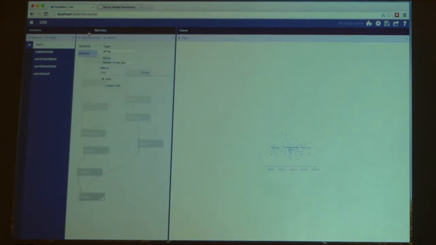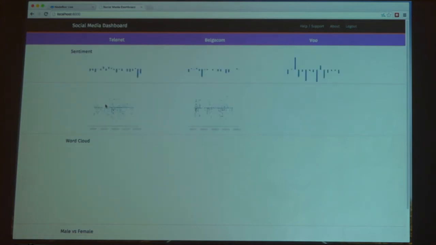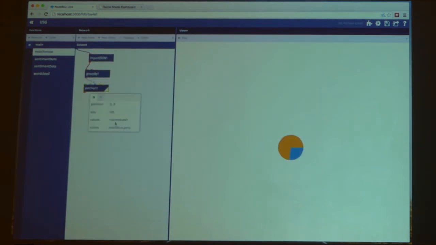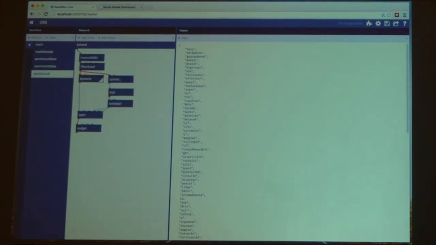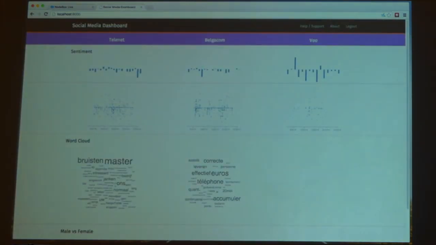Because it's a procedure, we can change it. We can say, well, these are telecom operators, so we may want to do it with other datasets from other telecom operators. And all the other visualizations that you see on the dashboards are also made into notebooks. So this is a word cloud, for example. You can see all of these are also in the app. So it works really well for doing that kind of thing.